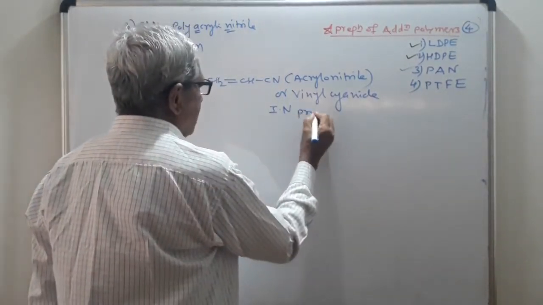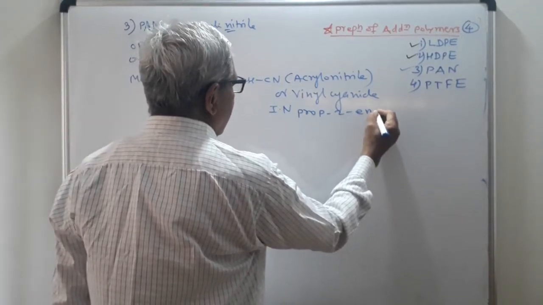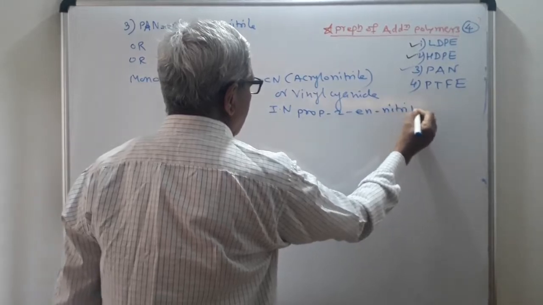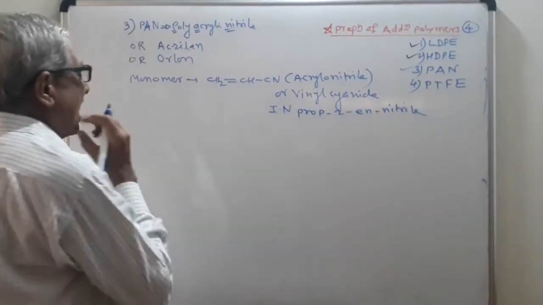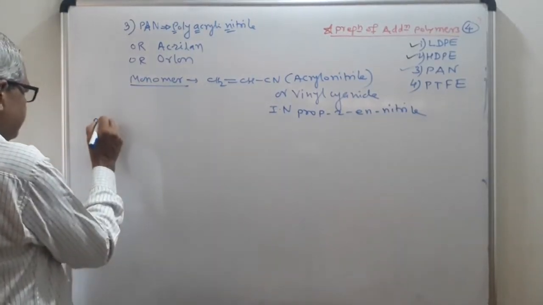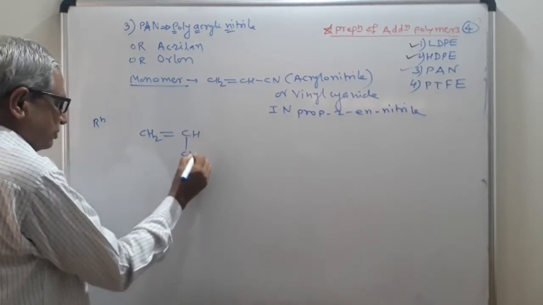prop-2-enenitrile. Now these are the questions on the monomers. Now the reaction. This acrylonitrile can also be written as CH2=CHCN,